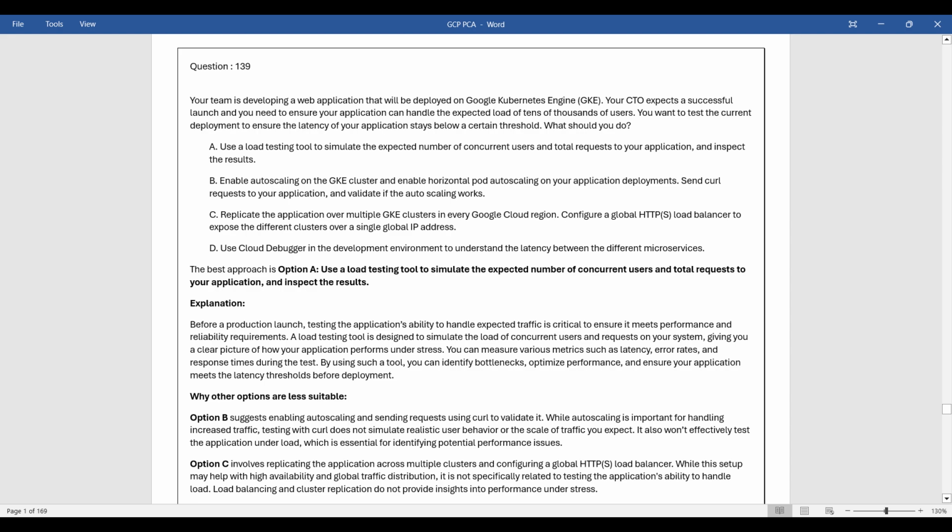Use a load testing tool to simulate the expected number of concurrent users and total requests to your application, and inspect the results. Explanation. Before a production launch, testing the application's ability to handle expected traffic is critical to ensure it meets performance and reliability requirements. A load testing tool is designed to simulate the load of concurrent users and requests on your system, giving you